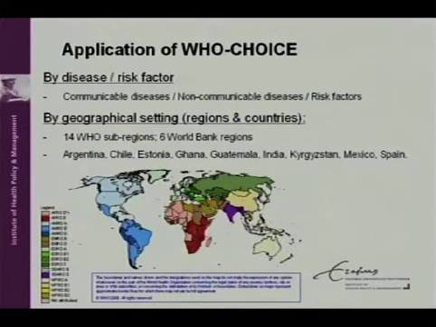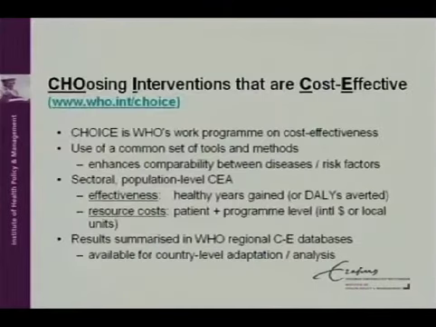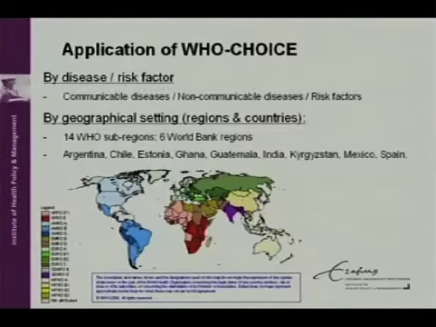Therefore, a large database has been generated that can be used to do these kinds of analysis. Basically, you see several groups on the map right there, and every color is comparable in the sense of incidence and prevalence rates for various diseases. However, what the previous slide showed, and let me go back real quick, is that they are available for country-level adaptation. And that is what we will be doing, or are doing, within this project.